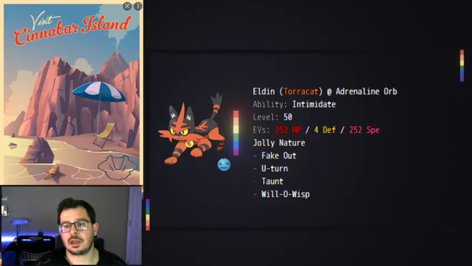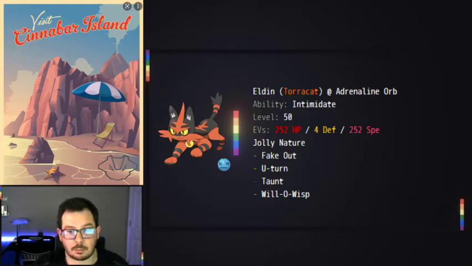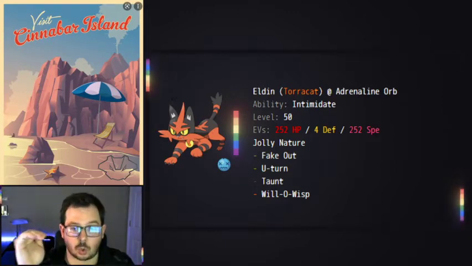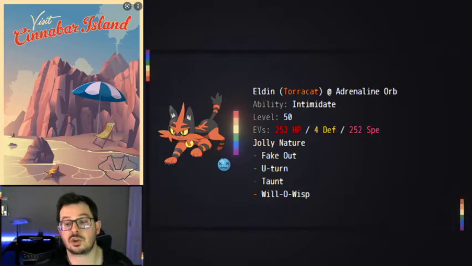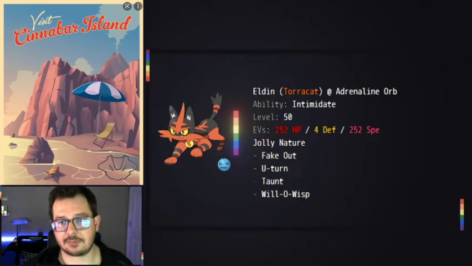So obviously we have Intimidate for our ability here. We're running an Adrenaline Orb, and this is really, really important. If we're up against a max speed Landorus and I've got max speed Jolly Torracat right here, I'm going to be just short of outspeeding it. However, after that Adrenaline Orb pops, I am faster than a max speed Landorus, which is really good if I need to fire off a burn or taunt it or whatever it might be. So the Adrenaline Orb is actually a cool item here to go along with our max HP and